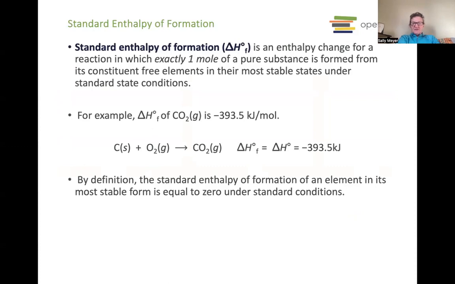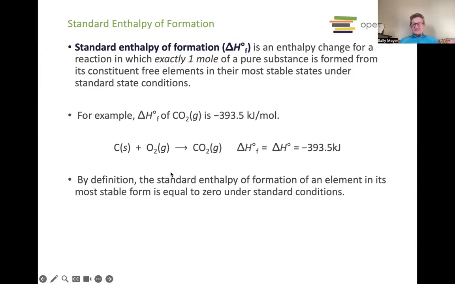So there's a type of reaction that's commonly put into tables, and then we'll see how we can use those. It's called a formation reaction. And so the standard enthalpy of formation is an enthalpy change for a reaction of exactly 1 mole of a substance when it's produced from the elements in their stable states under your standard conditions. So if we look down here, if we say the delta H of formation, standard state for CO2 gas is negative 393.5, that means that you start with the elements in their stable states. So if you found carbon at 25 degrees and 1 bar, it would be solid.